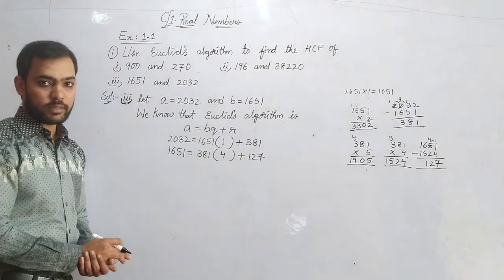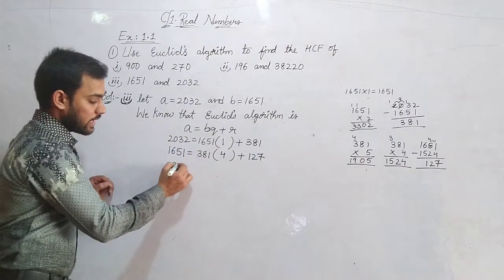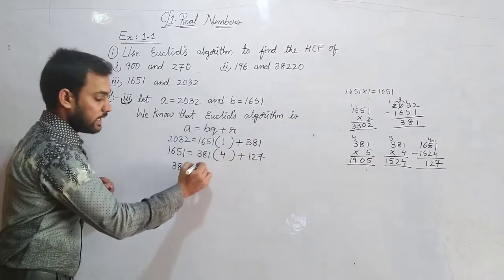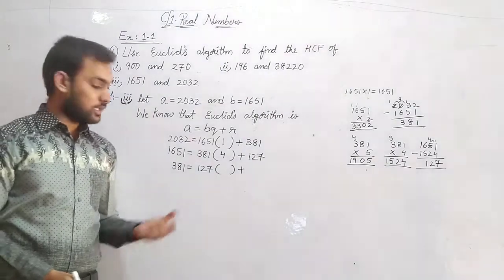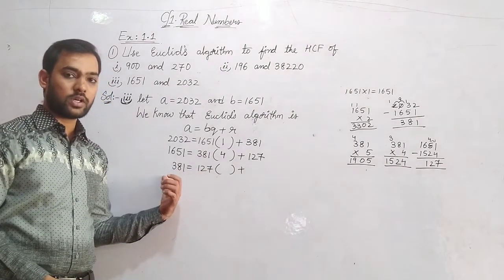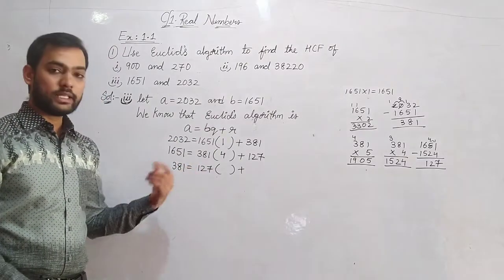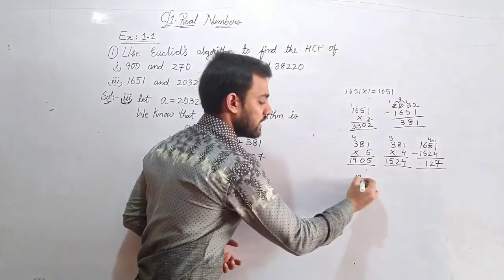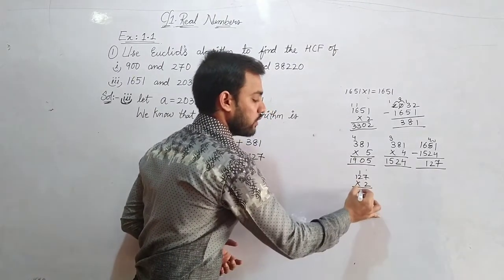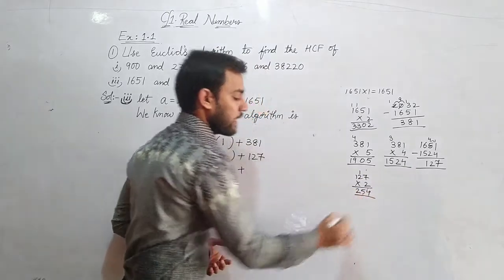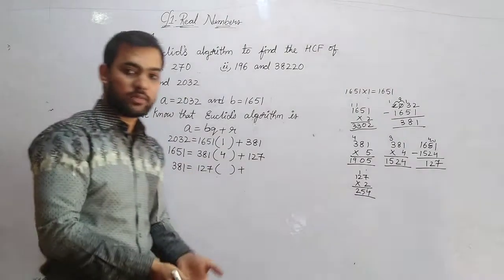Here also we did not get the remainder as 0. So again one more step. In place of this comes 381, and in place of 381 we need to write the remainder that we got, 127. So 127 ones are, now we need to check in the 127 table whether this comes or not, as we did earlier. So 127 ones are 127, 127 2s are, let us check, 2 sevens are 14, 2 2s are 4 plus 1 is 5, 2 ones are 2, 254 we got, but we need to get 381. So let us check one more number.